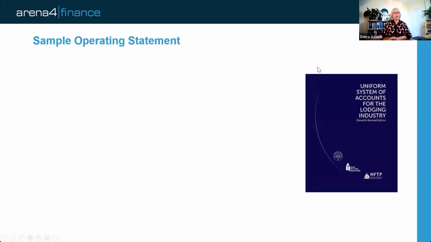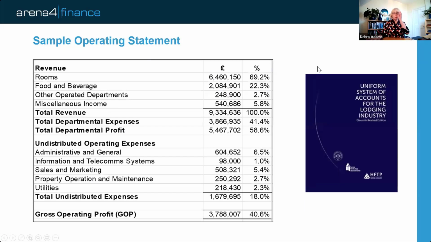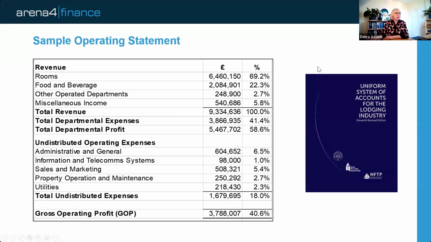So let's start off by looking at the operating statement. This operating statement is based on the style of the profit and loss account from the Uniform System of Accounts, showing the different departments within a hotel. So we've got these listed here, and the split between the revenues. With my example here, I've got quite heavy weighting on the rooms part of the revenues. And then as we come down to the bottom, we have gross operating profit. And then if we move to the next,